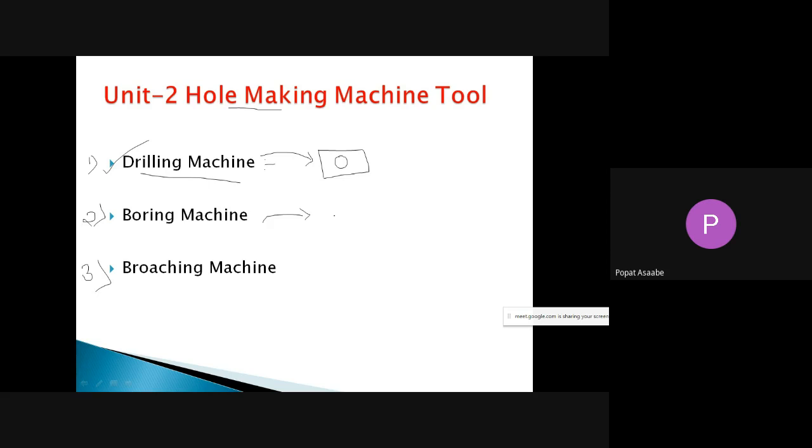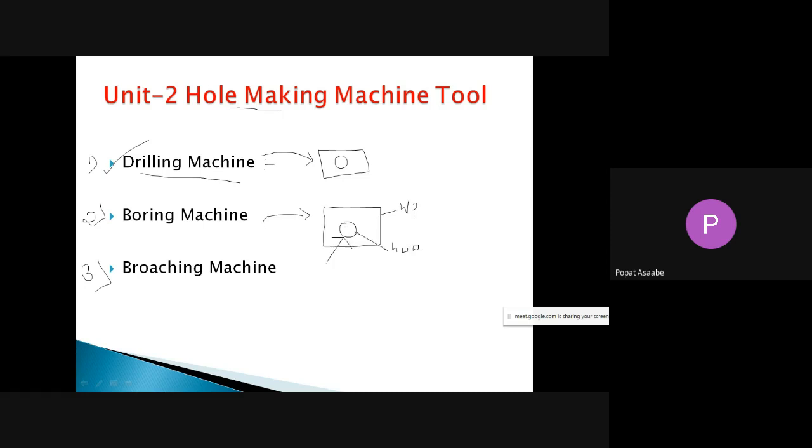Suppose we have one workpiece, and on that workpiece we have already drilled one hole. Now the next step: suppose we want to increase the diameter of that hole, that is, enlarge this hole.